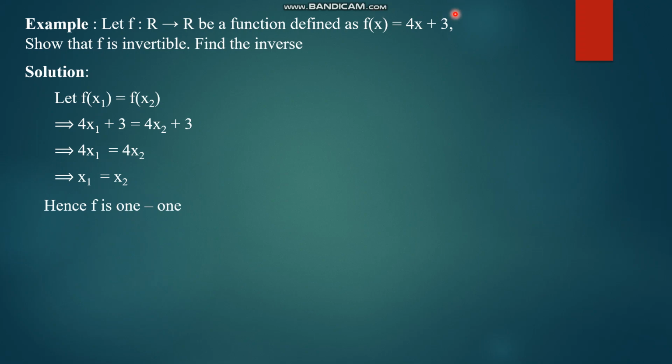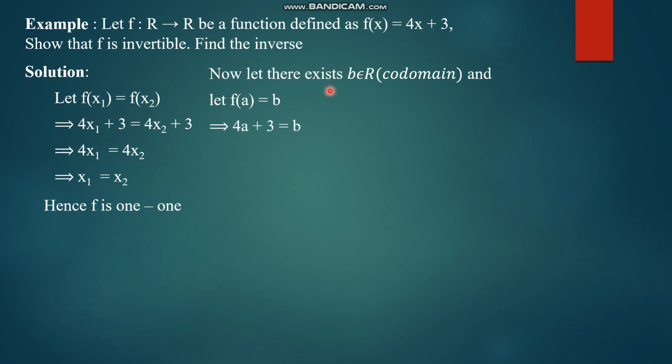Now for such problems there is a method of proving onto. What we do is we will say that there exists some element in the second set, the codomain is the second set, and we will take f of a is equal to b, and we have to prove that this a should be in the first set. Now what do you mean by f of a is equal to b? f of x is 4x plus 3, so f of a is 4a plus 3, and that's equal to b. We can take 3 to the right side, then we get 4a is equal to b minus 3, and we can divide by 4. So I will get a is equal to (b minus 3) by 4. Obviously (b minus 3) by 4 for any value of b will be a real number, and that's the domain. Therefore the function is said to be onto.